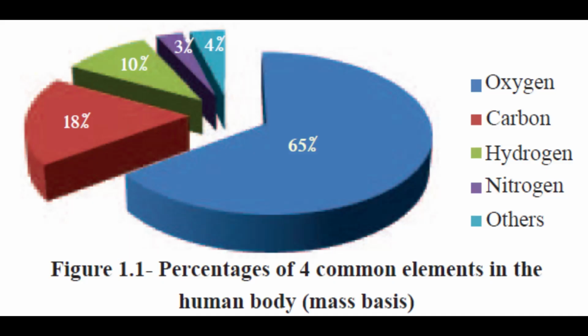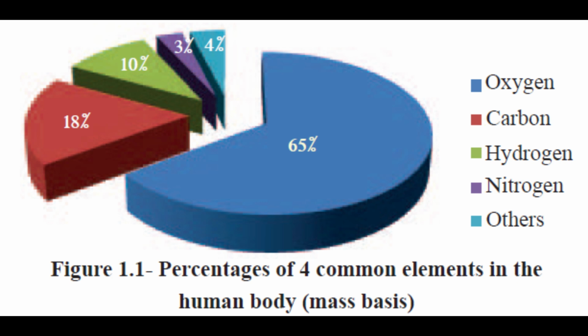So as we know, there are 4 base elements: oxygen, carbon, hydrogen and nitrogen. So the order that I said, O, C, H, N. O is in the highest percentage, then carbon, the third one is hydrogen, the last one is nitrogen according to